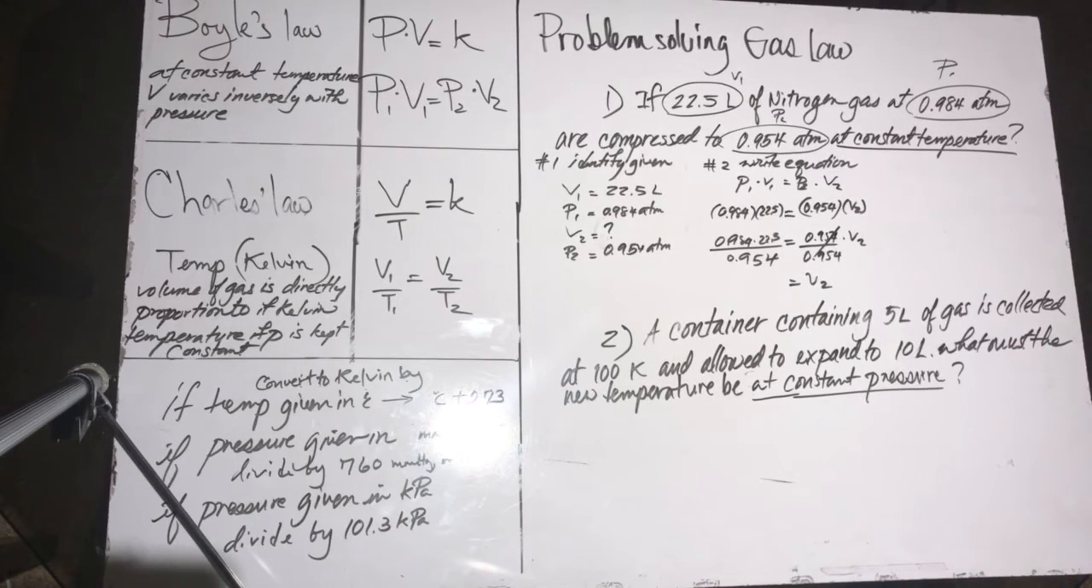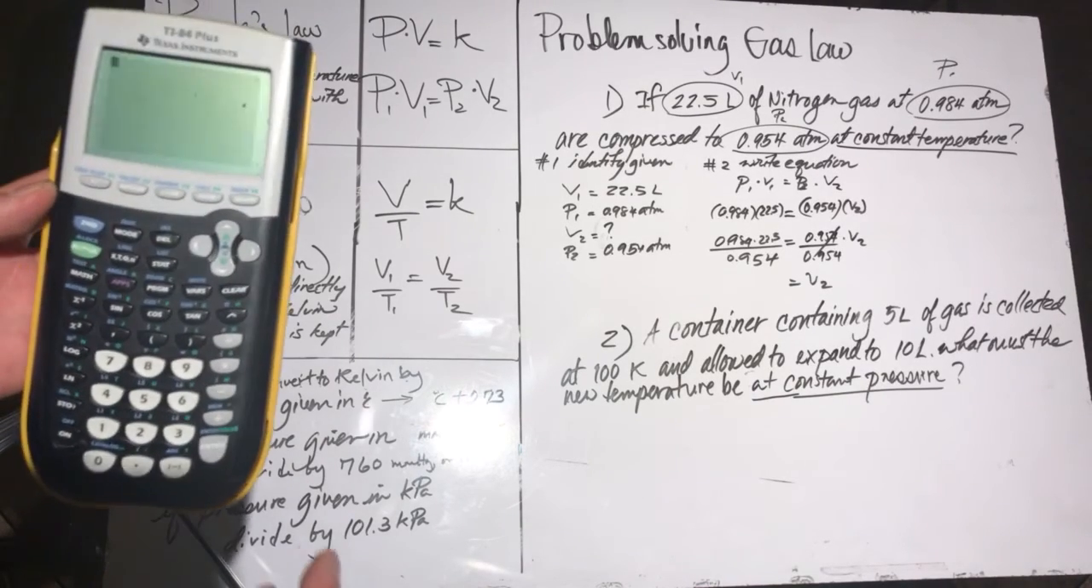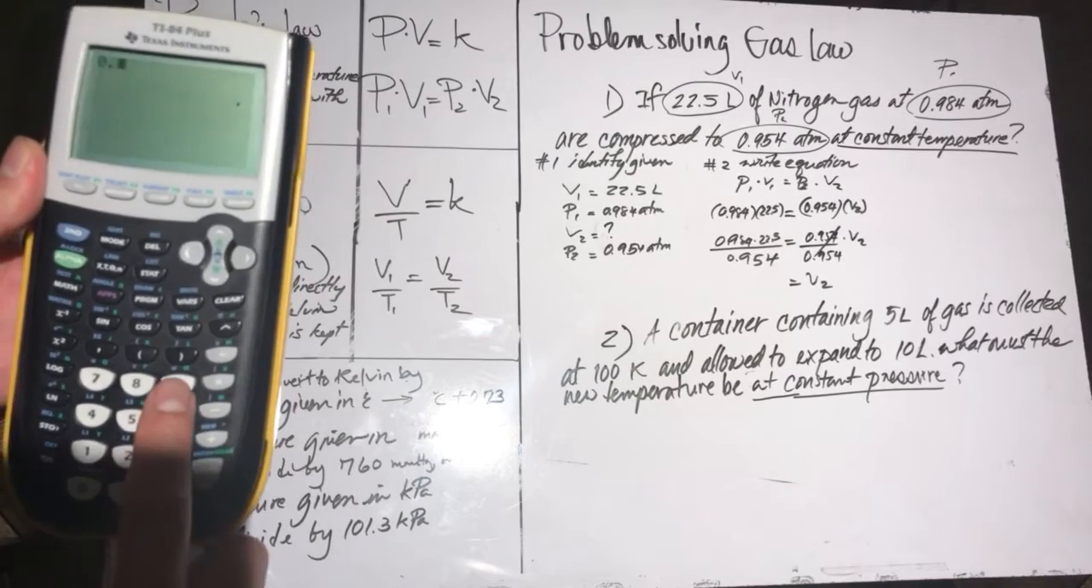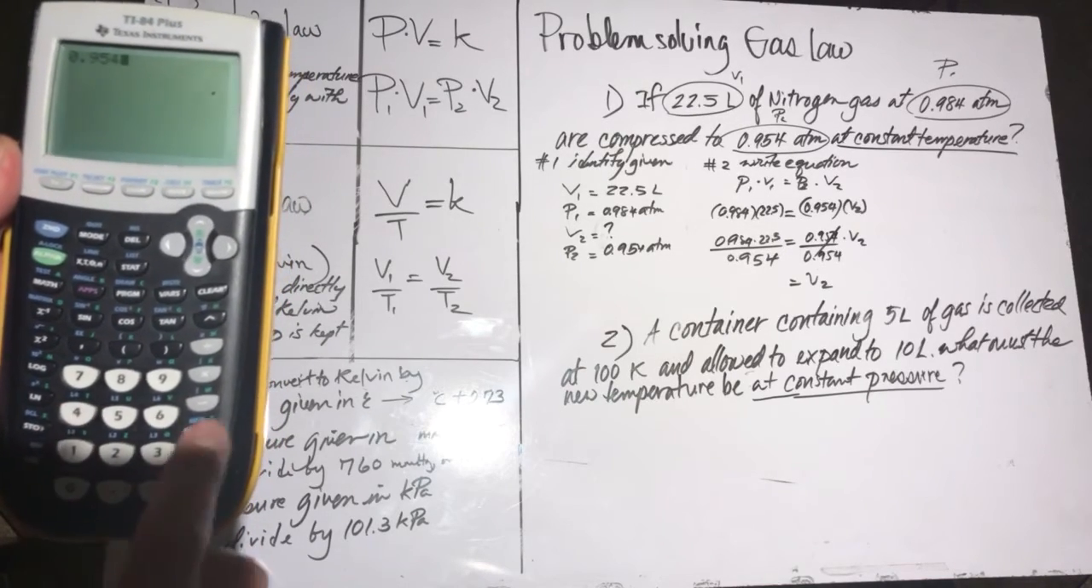let's look at the calculator to see what we have. It's the same way. Sometimes you might be asked to calculate for second pressure instead of volume, but you do the same way. So what you would do is you will plug in 0.984. That's our first pressure times